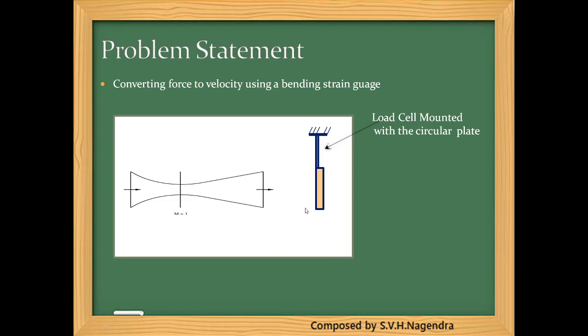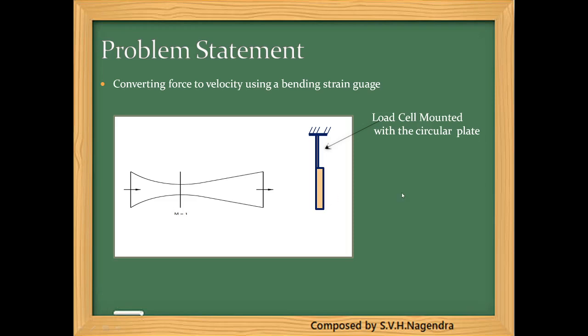If you see this diagram, you could understand that this is a case where fluid is coming out of the nozzle's divergent part, and it is striking on this particular plane, on this particular body, which is nothing but a load cell mounted circular plate. And if you want to make an analogy, it is an analogy of a simple cantilever beam. You are applying one point force at the end of the beam, and you have a certain length with a certain cross section.